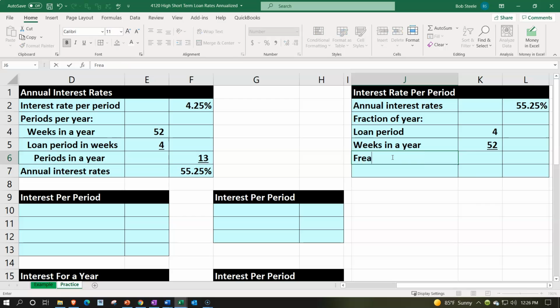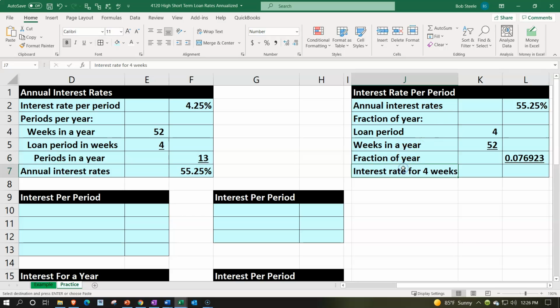And that's going to be the fraction of a year. Fraction. And this is going to be equal to the 4 divided by the 52. And let's add some decimals. Number group, adding a couple decimals. We'll underline it. Font group and underline, and that would give us the interest rate for the 4-week time period,